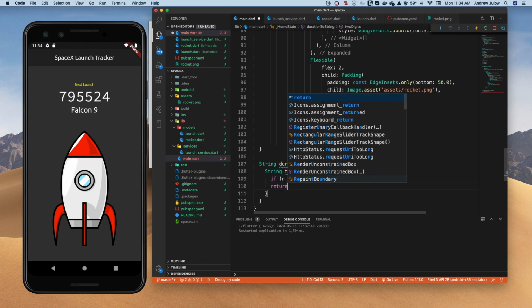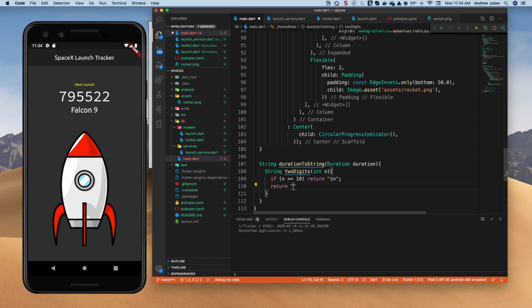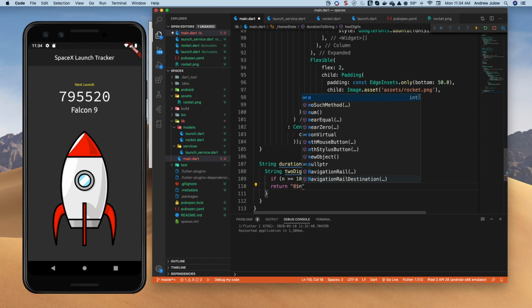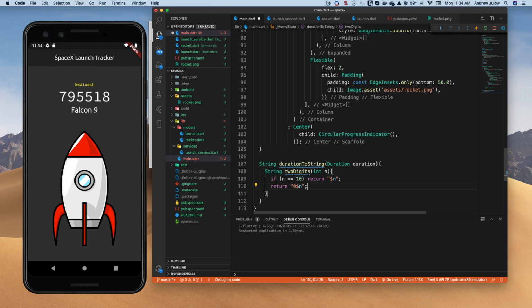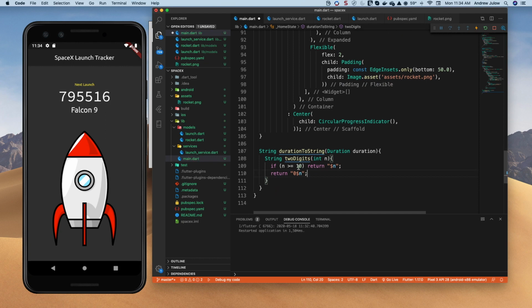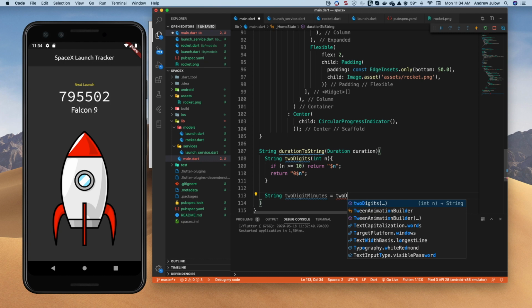And otherwise, I'm going to return 0 with n. So I'm just pushing 0 onto the front if there is only one digit. And then I'm going to create a string, which is our 2-digit minutes. And I'm going to set that equal to 2 digits